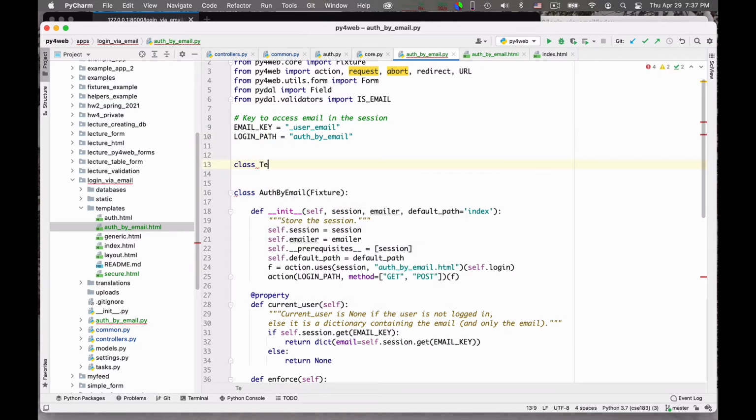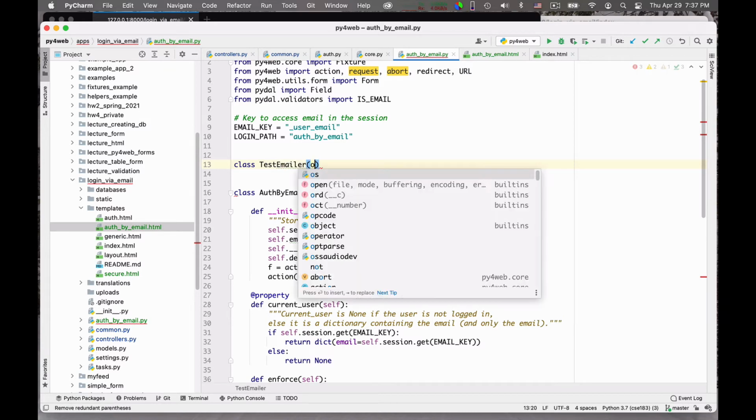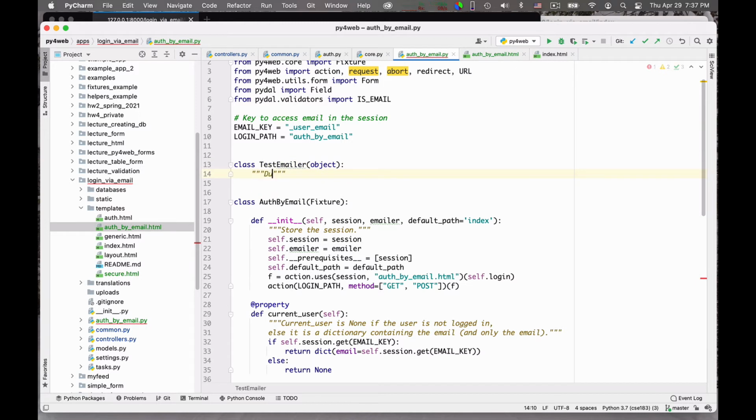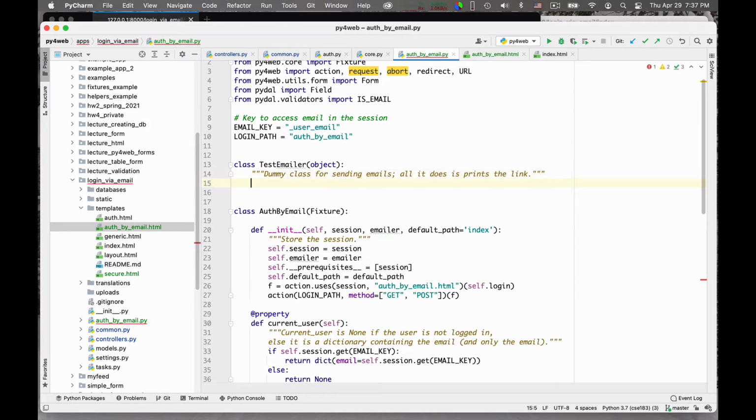And I will have a simple emailer that says class TestEmailer, object, and this is actually a dummy class for sending emails. All it does is print the link. So it doesn't really do anything.